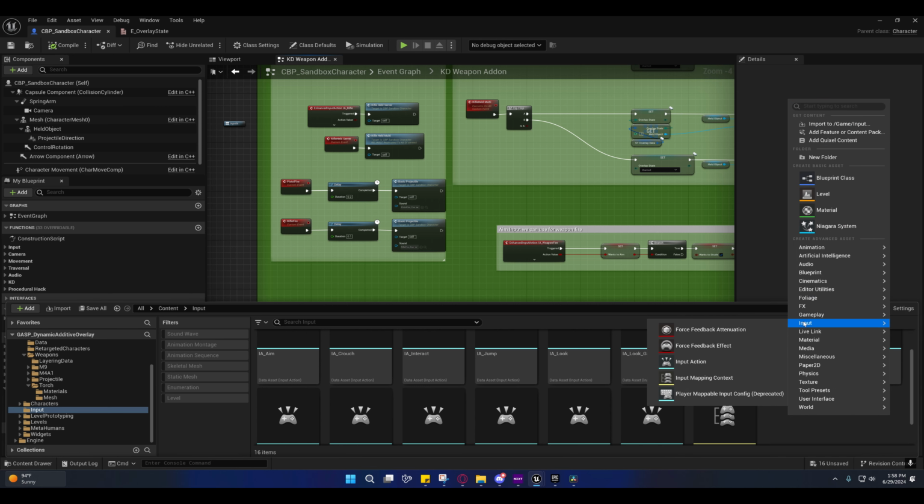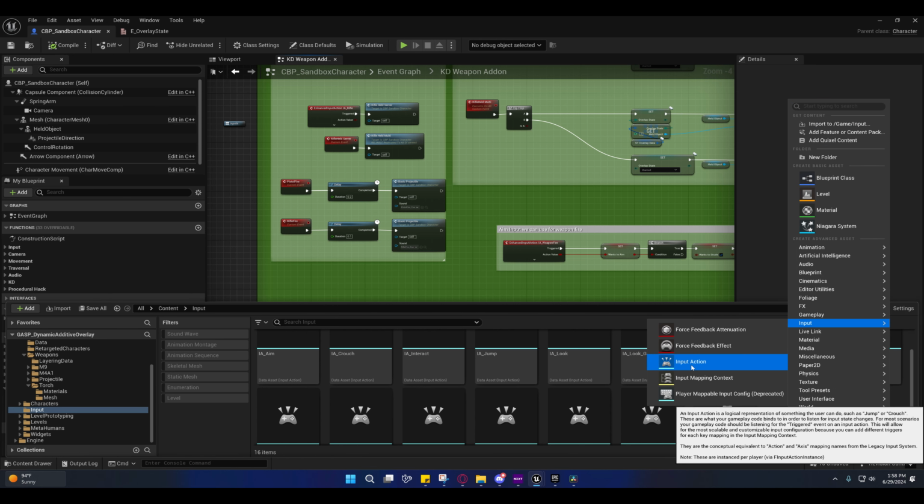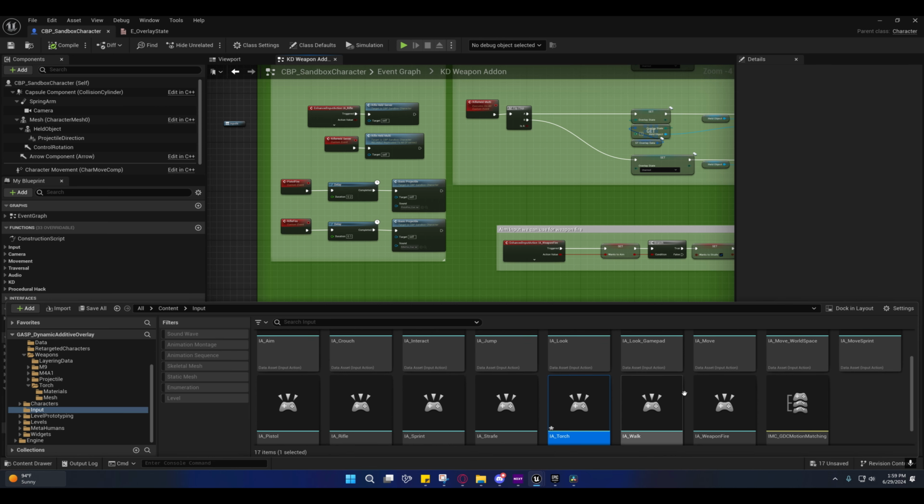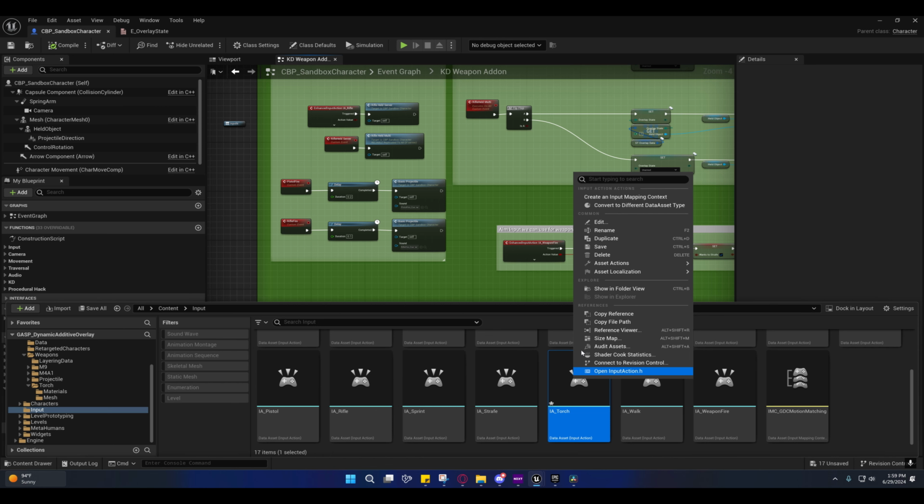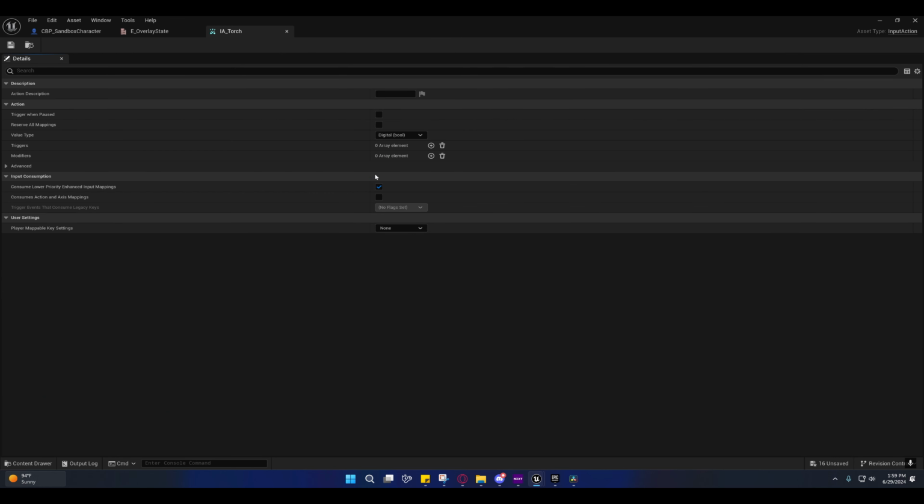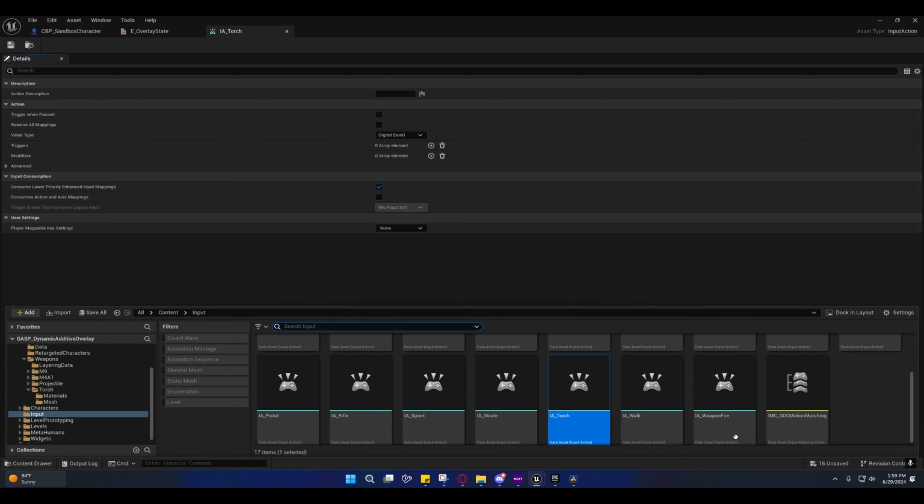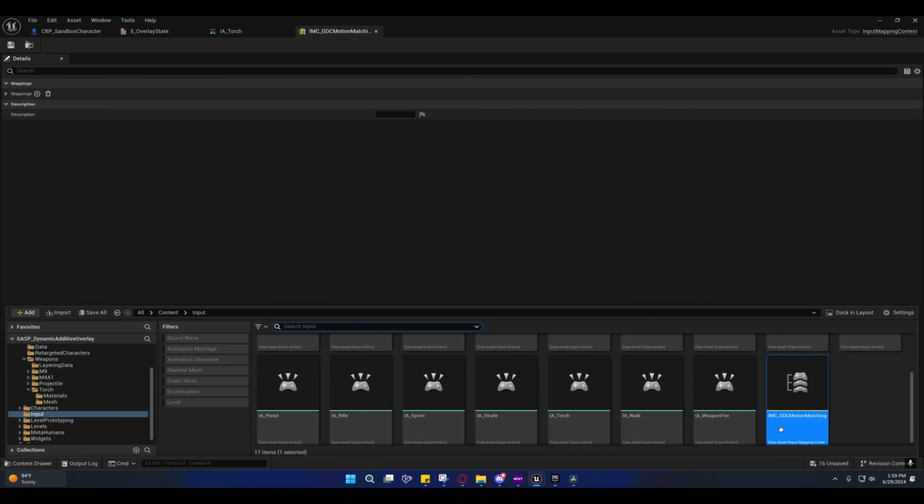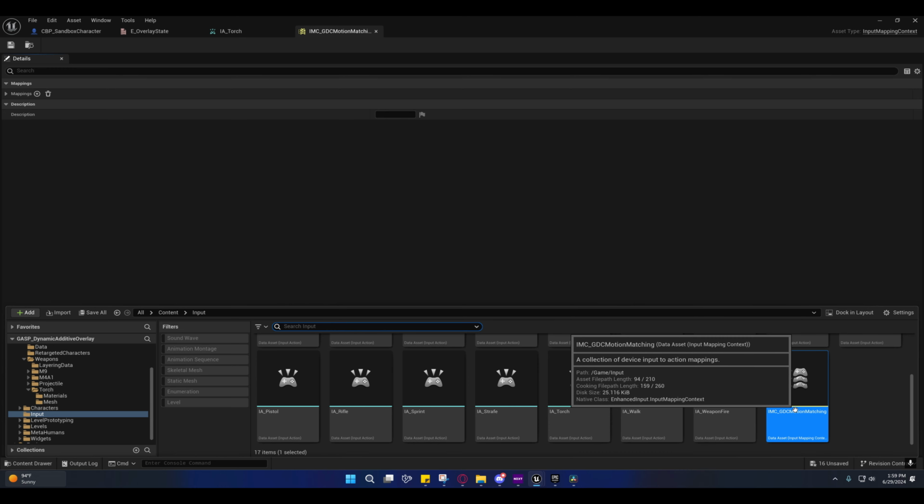Actually, I don't need to search for that. It's right here, input action. And it's convention to name it IA underscore and then whatever. So I named it IA underscore torch. We don't have to change anything in that, I don't believe. It's set to digital bool, which is completely fine. We're just triggering this. And under the IMC, this is our input mapping context,